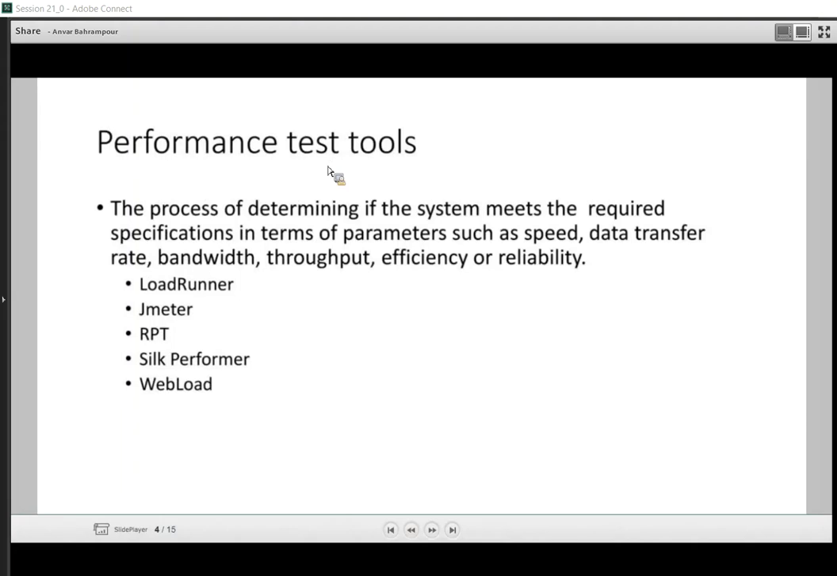And for the second category of testing activity, the performance testing, there are several testing tools that help us in doing the stress testing, for example, and load testing, and several other performance related quality attributes such as response time and number of users